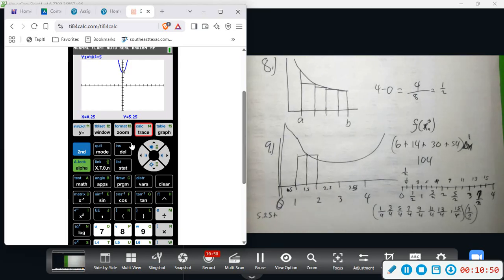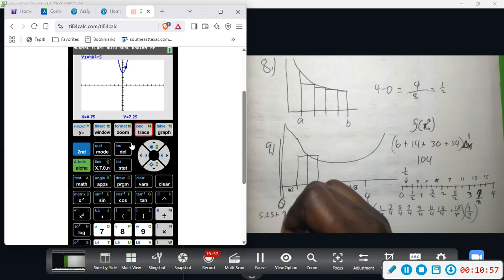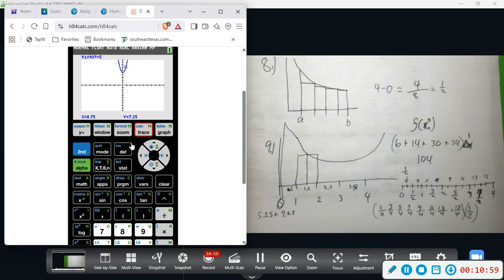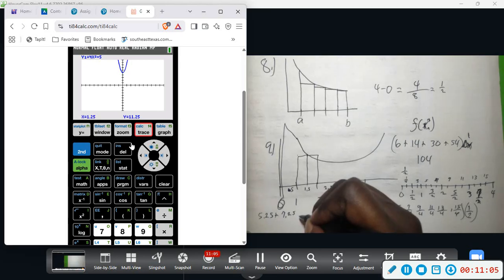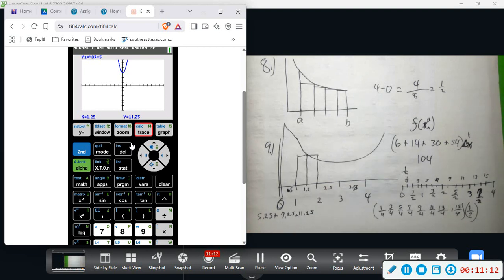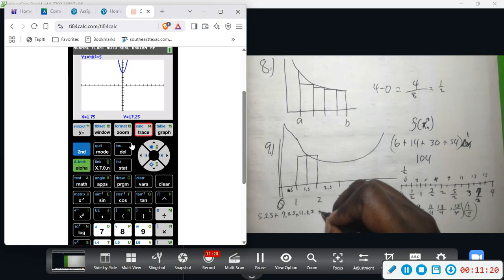All right, and then 3/4, 7.25, and then 5/4, 11.25, and then 7/4, 17.25,